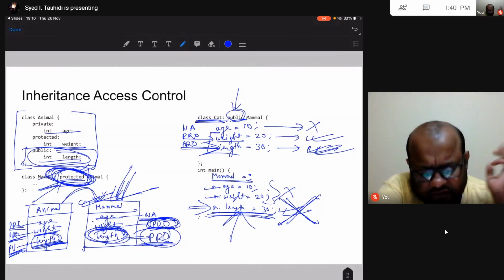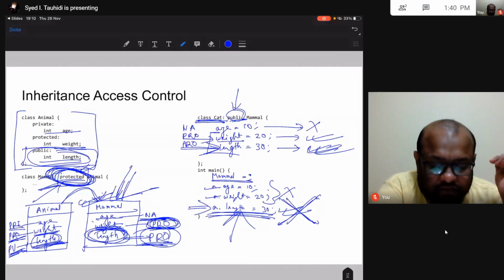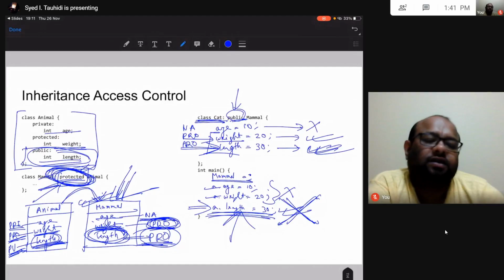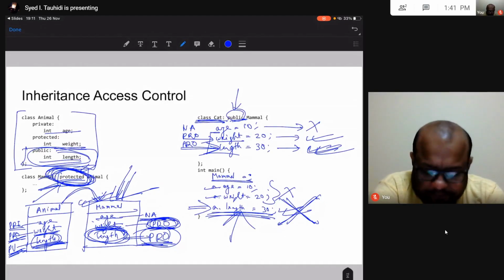Discuss with your friends, look up resources on the internet. I cannot explain everything. You have to do a bit of self study as well. And this is not only because we are doing it online. Even if we were teaching offline, I would still expect you to do lots of self study, maybe even more than now. But this is what I want you to do.